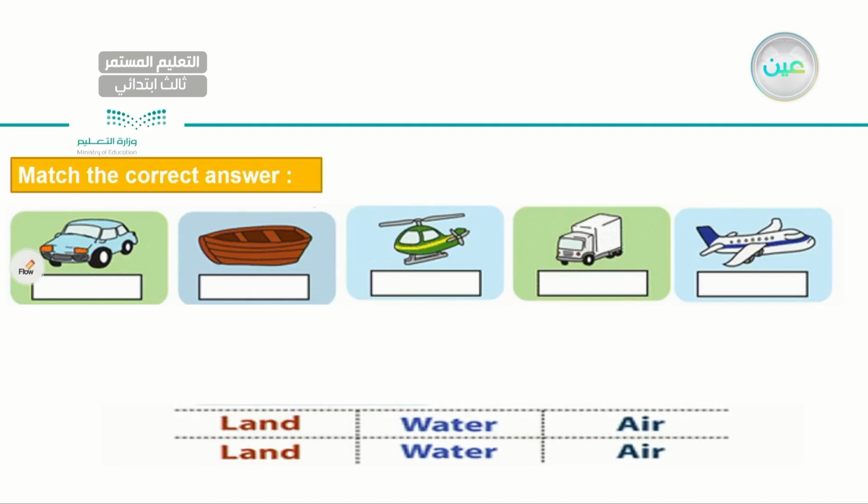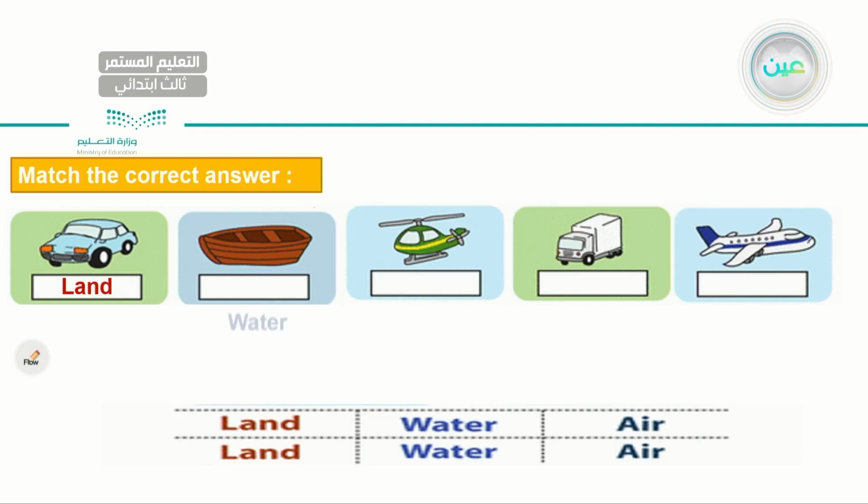Now, here I need you to match the picture with the correct answers. As you can see here, I have five different kinds of transportation, while down here, or below, I have the way these transportation are going. Land, water, air. So let's start with the first one. How do you think we use car? Do we use the car on the water, on air? Actually, land. Very good. So they go on land. How about the yacht or the small ship here?